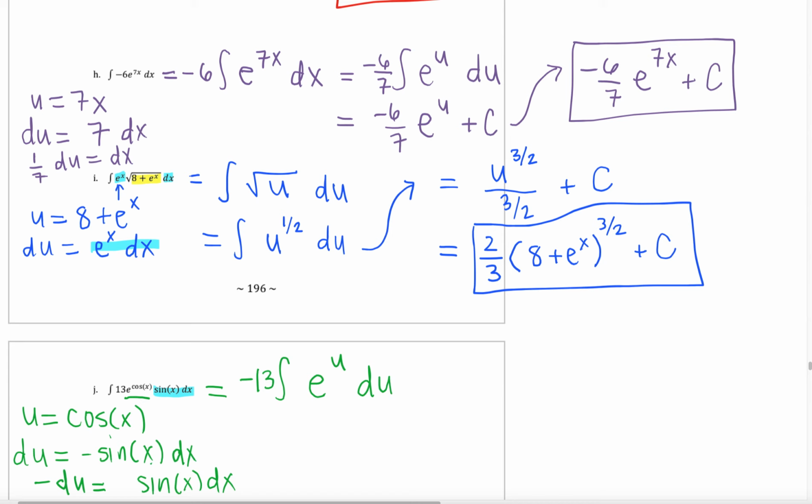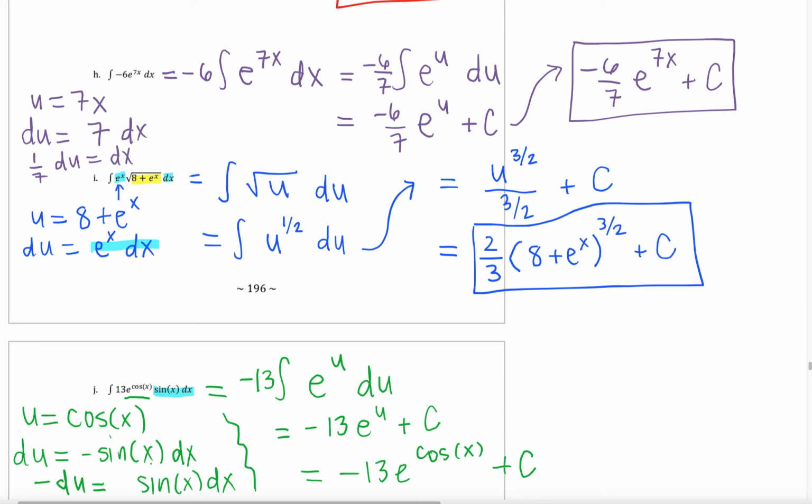This would now be our setup, so we're actually done doing our u substitution, and we can go ahead and find our antiderivative and then substitute back what u is equal to. So why don't you guys finish off this example on your own, then we'll check it together. So to finish this one off, our antiderivative of e to the u is the exact same thing, e to the u plus that constant term. So the last thing to do is sub back what u is equal to, and we get negative 13 e to the cosine of x